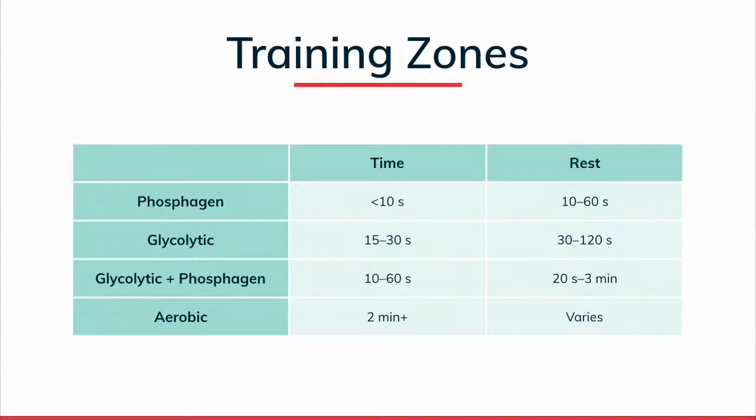We do use different energy systems during physical activity, and there is a little bit of a flux from one to the next. If I'm on a bike ride, that's mostly aerobic. If I hit a hill climb for 60 seconds, I dip into anaerobic, and then I kind of shift back to aerobic. So the higher the intensity, the longer the relative rest may be. As you can see with a high intensity phosphagen, creatine-based energy system under 10 seconds, you may need as much as a minute of rest.